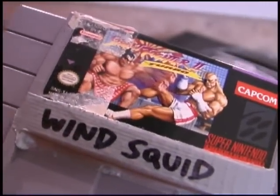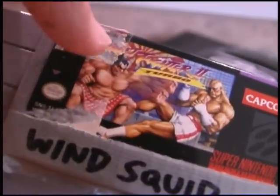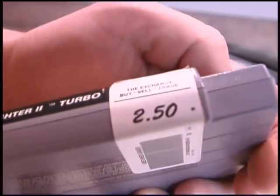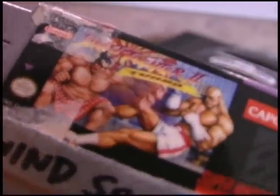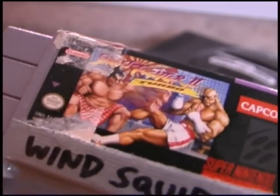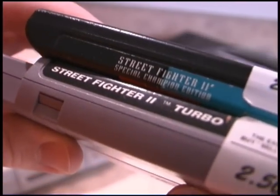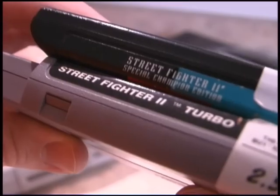And this is Street Fighter II for the Super Nintendo called Street Fighter II Turbo. And this game also cost $2.50 and has a completely different graphic on the front, still featuring Street Fighter II characters. The good news is for $5 you can pick up both of them, Street Fighter II Special Champion Edition and